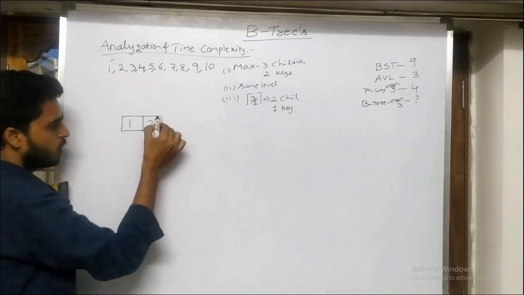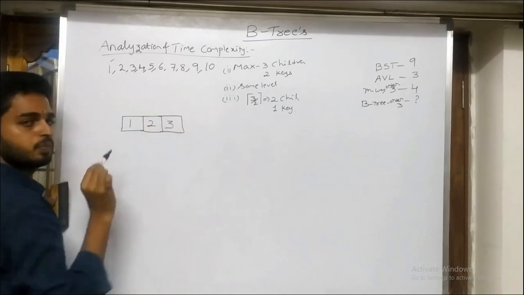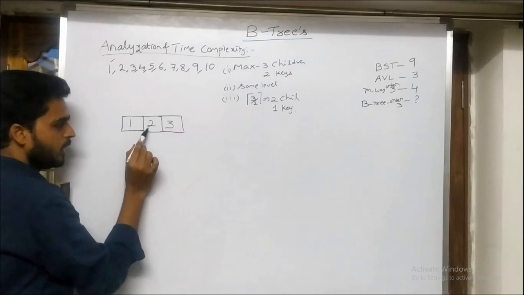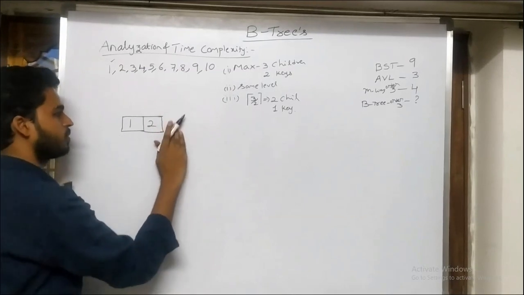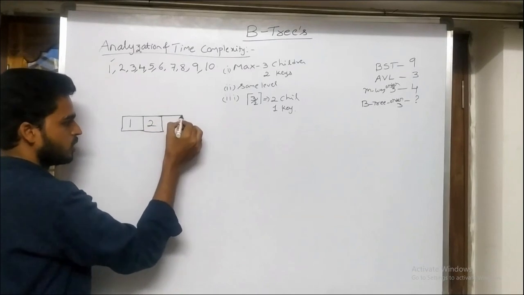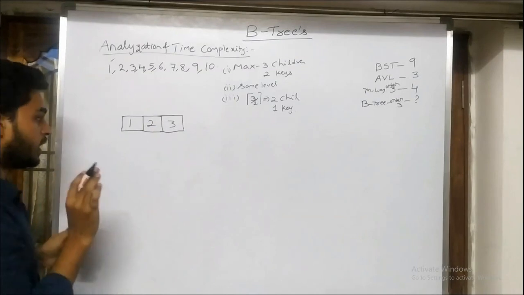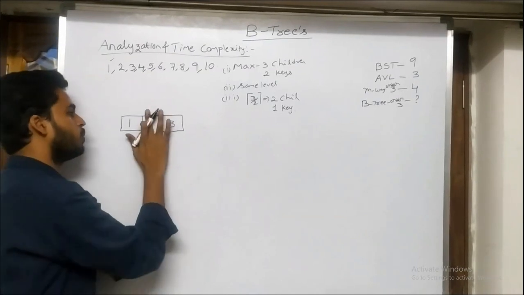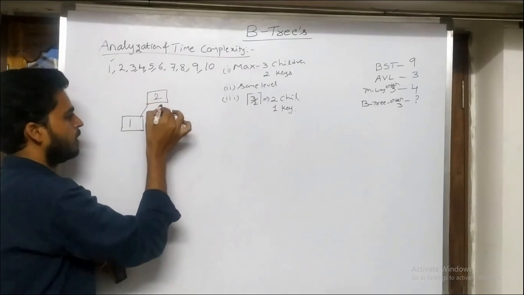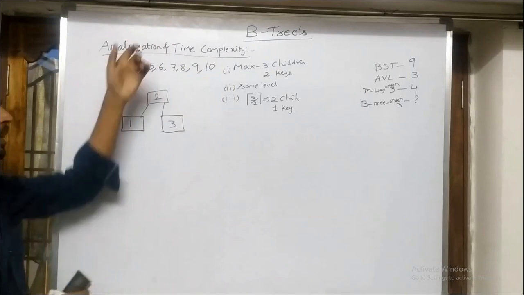So I will go for searching the leaf node. Yes, my leaf node is this one only. So I will insert into that leaf node, and after inserting, this leaf node is already full. Just see here. When the leaf node is already full, that is the third case. So what we need to do? You need to insert that 3. After inserting that data, you need to take the middle value and make it the parent. That is what we did. If this parent is also full, we will make the middle element again 2.